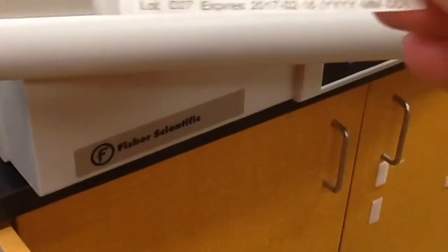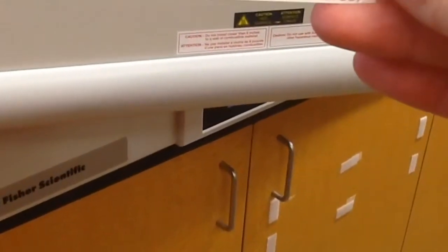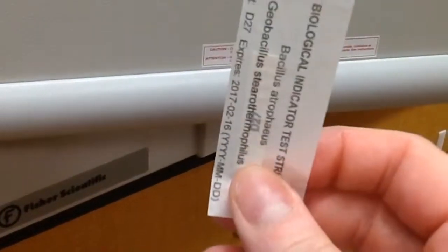So all I'll do is take my product here, and I have a timer, and it just goes right inside. Now, to ensure that everything was cooked sterilely, we also have little indicators that we put in. They look just like this. This will go in the oven with the drug, and at the end of the cycle, when we take everything out, we will aseptically transfer this little meter in here,